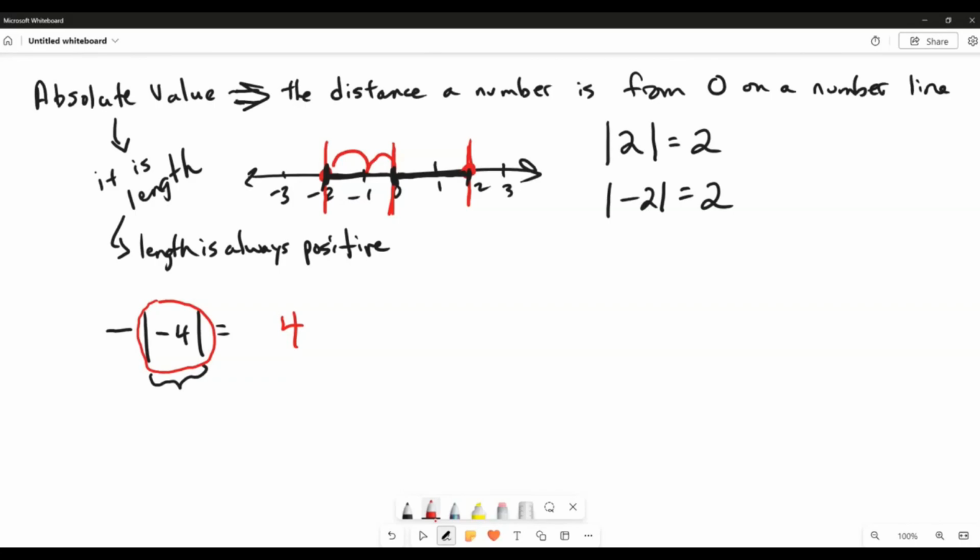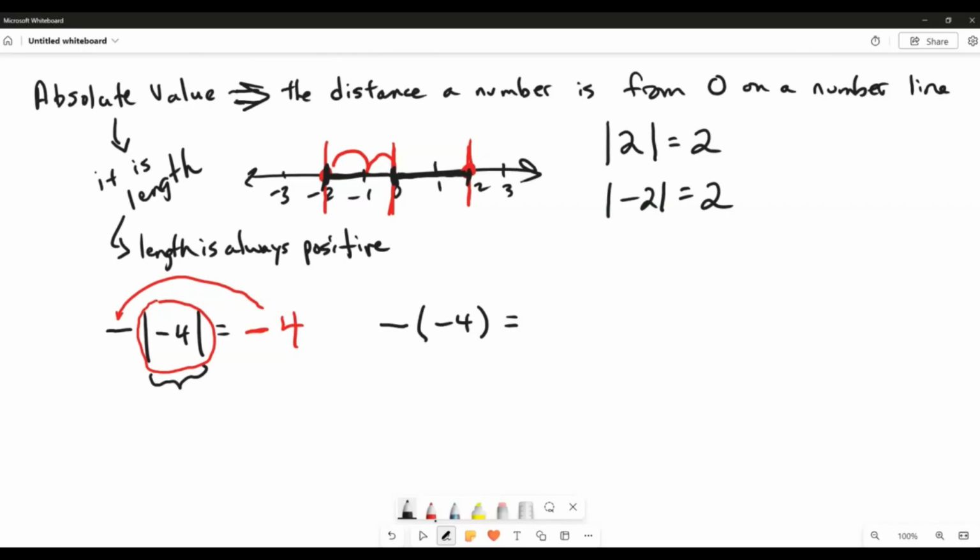Well, it's 4 units, but then the negative on the outside makes the number negative, which is completely different from that,